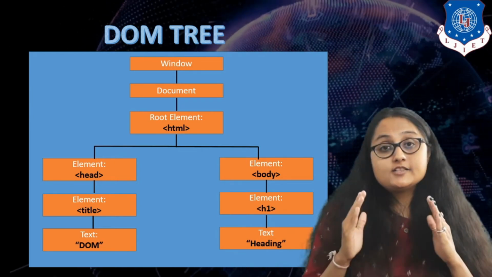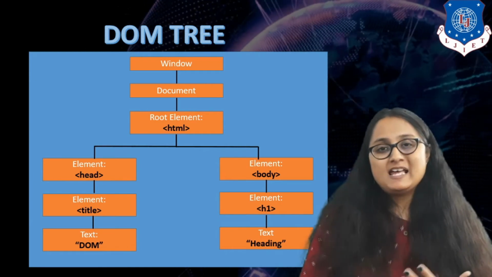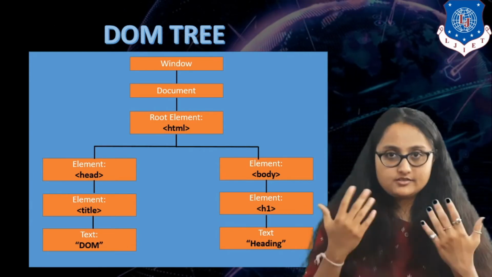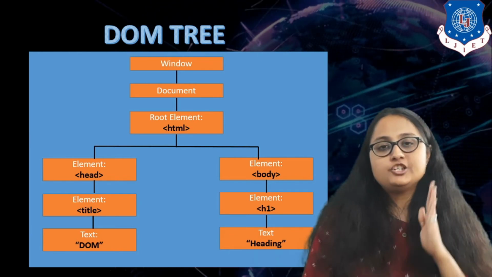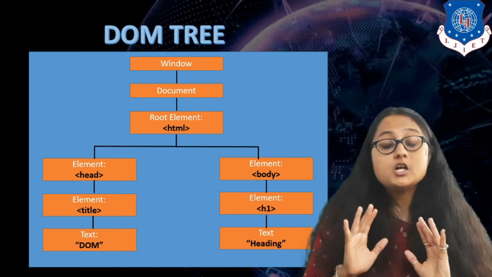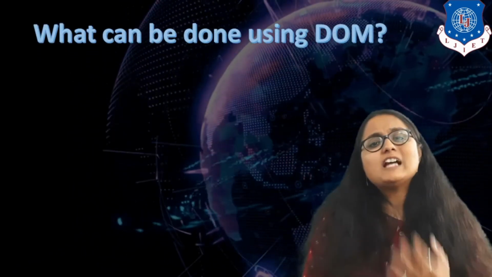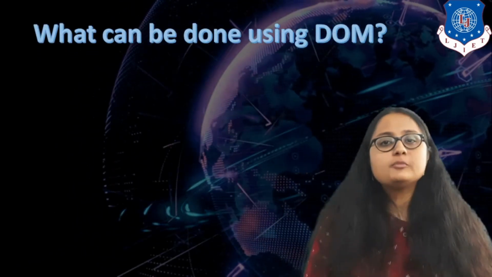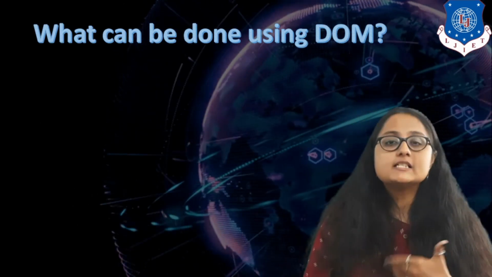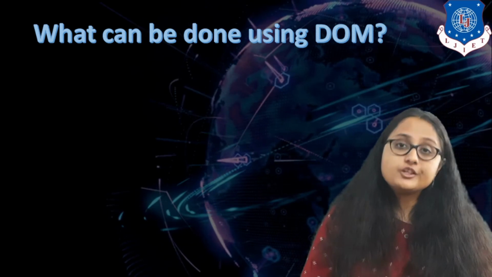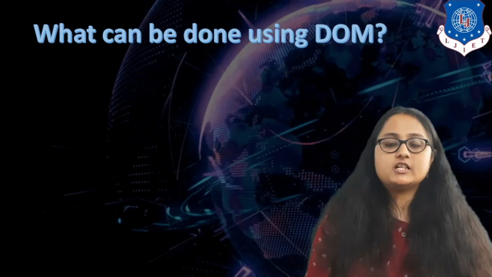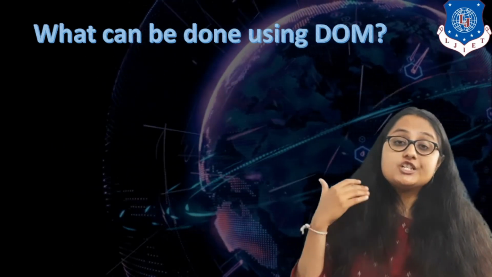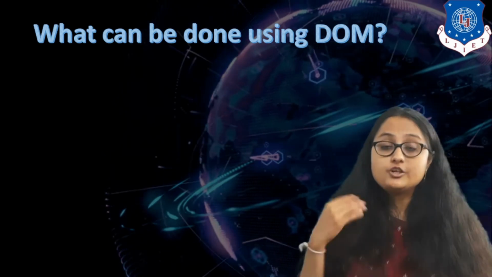So this is the DOM tree which is created inside the DOM, that is your DOM standard, as soon as you load the HTML document in your web browser. So I hope this DOM tree is clear. Now what all things can you do using this document object modeling? Let us go through all the things that you can perform via using DOM. So I have already told you, for accessing the HTML document, for changing the content of the HTML document, for changing the style or structure of the HTML document, you are using DOM.